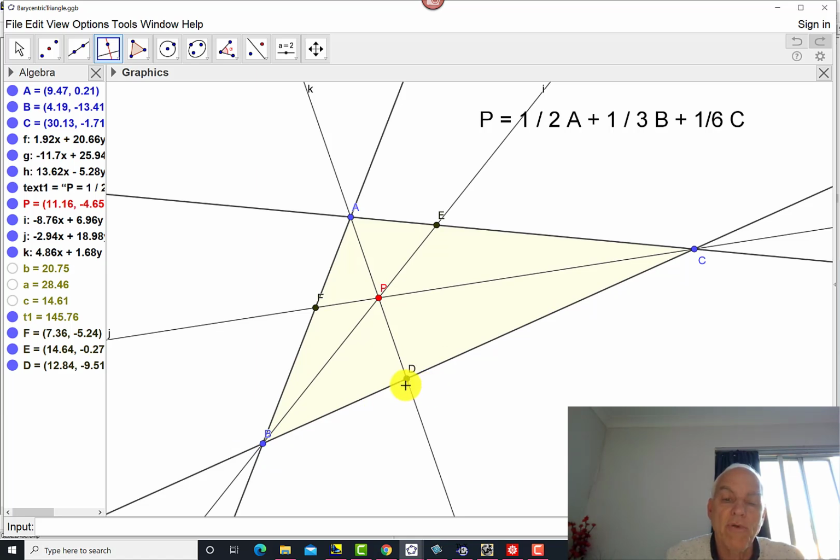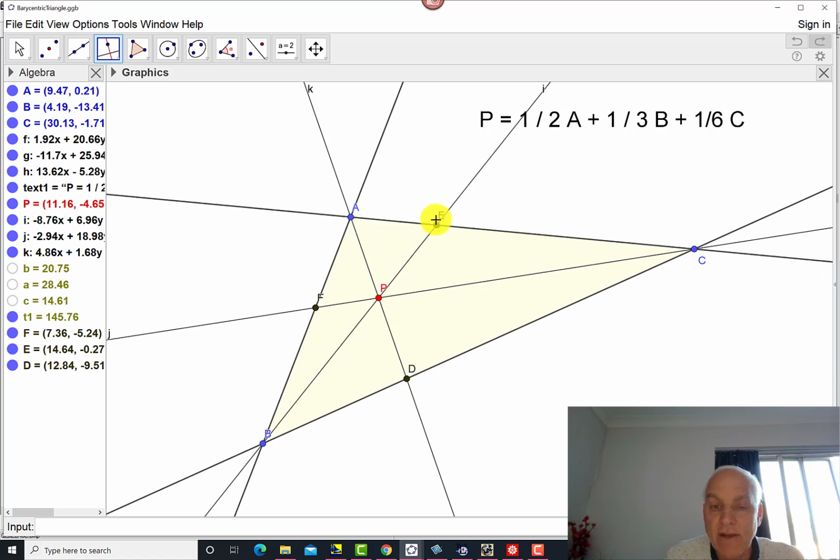And the crucial property then is that the ratio of this vector to this vector is 1 to minus 2. Or maybe another way to put it, the ratio of this vector from B to D to C is in the ratio of 1 to 2. That's just a statement of Archimedes' law of the lever. So we have a ratio of 1 to 2 here. And on this side here, we have a ratio of 1 to 3, where we're going in this direction.